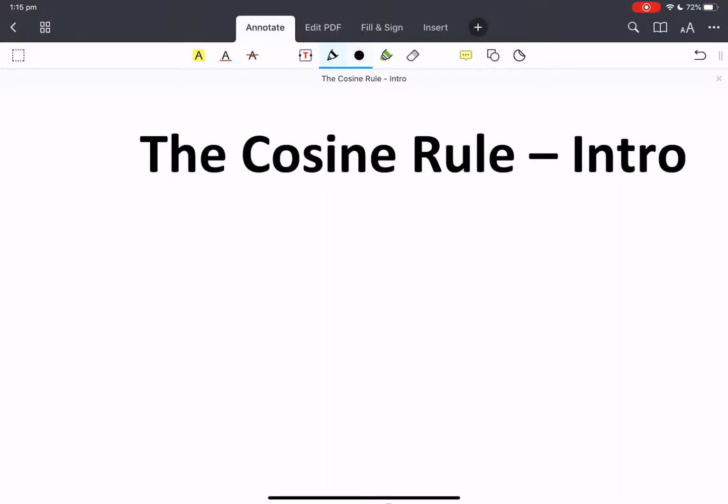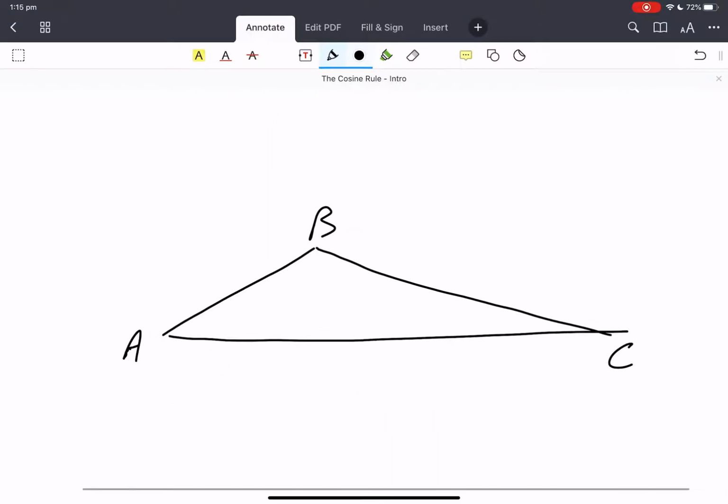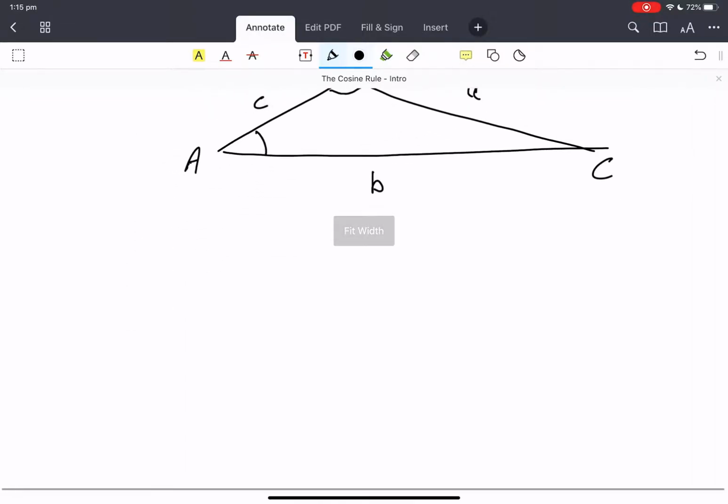Cosine rule. The cosine rule works for any triangle ABC. Same as the sine rule, we're going to label these as lowercase b is the side length opposite angle B. Capital A is angle A, and a is the length of the side opposite. C, the same. The cosine rule is the rule a squared equals